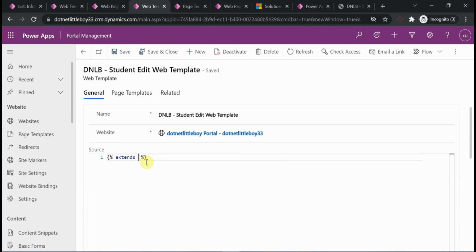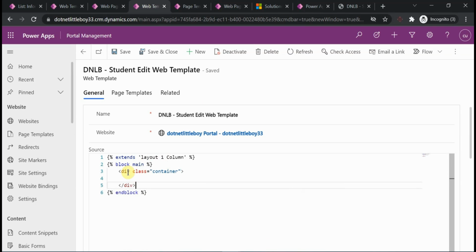So extends layout one column, then the main block again, end of this block and endblock. Then we need to include this basic form. For that, before it we can add a div tag with class container to give the proper alignment of the form on the web page. Then we'll check in the liquid script